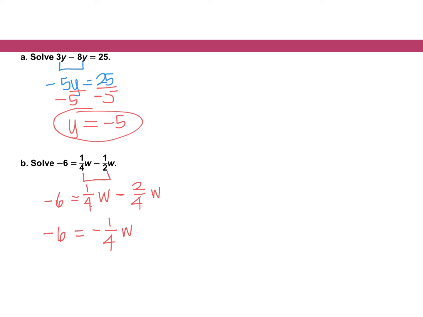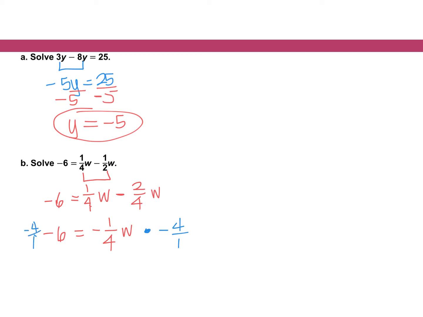And now I need to undo that negative 1/4 from the w. You can divide both sides by a negative 1/4, or if you remember from before, we can also multiply by the reciprocal of that negative 1/4. So if I multiply by a negative 4/1 on both sides,